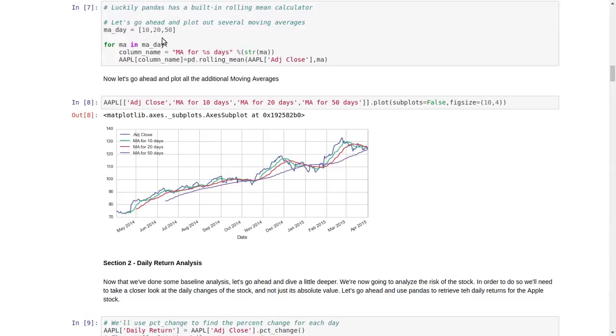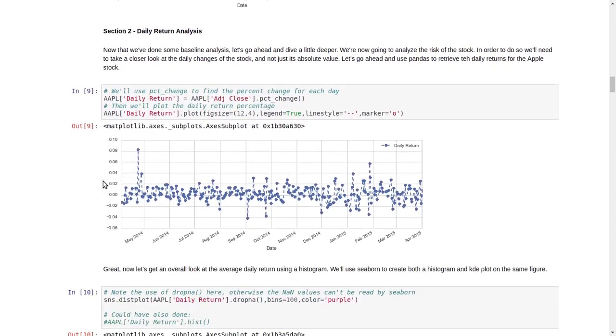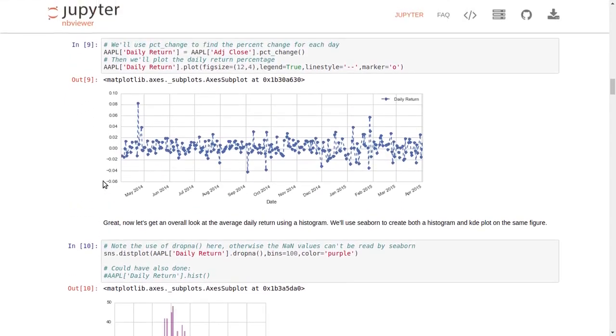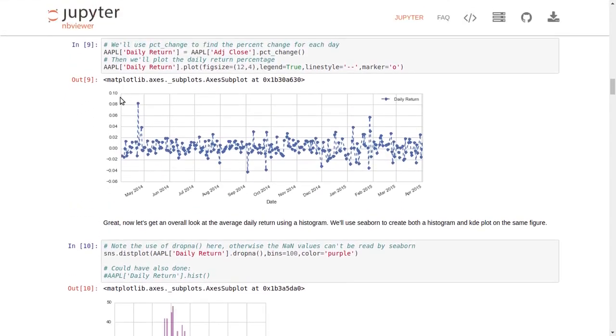Now going ahead, we have plotted a graph for all those sections like opening, closing price, moving averages, adjusting close price. Now coming to daily return analysis, we have plotted the graph like this.